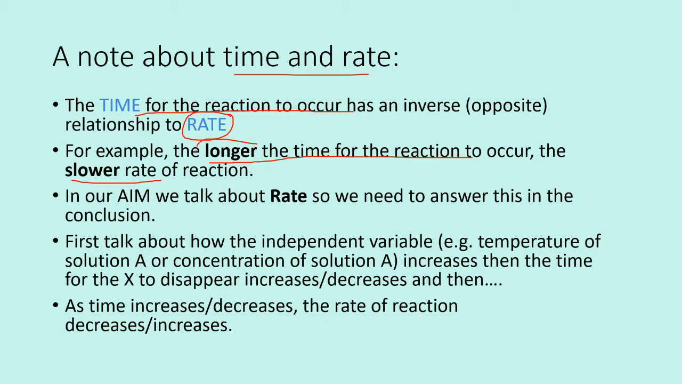You can use those words, longer and shorter for time, and slower and faster for rate. In our aim, we talk about rate, so we need to answer this in the conclusion. First, talk about how the independent variable, for example, the temperature of solution A or the concentration of solution A, increases, then the time for the cross to disappear increases or decreases, and if the time increases, then the rate